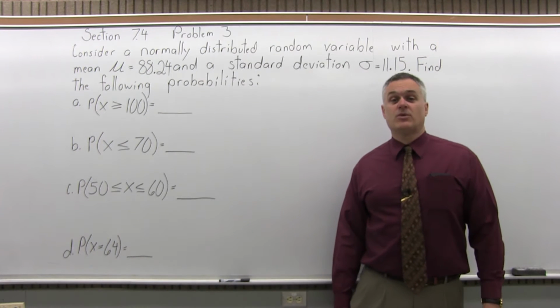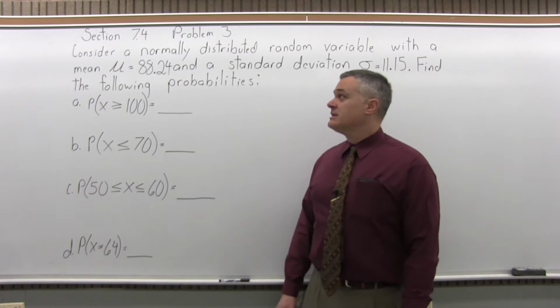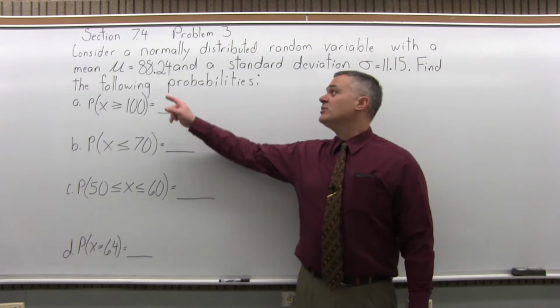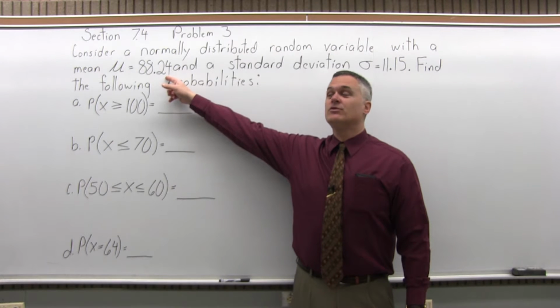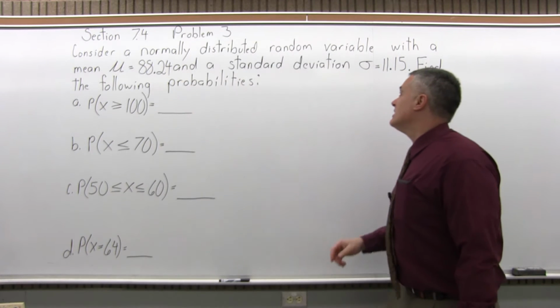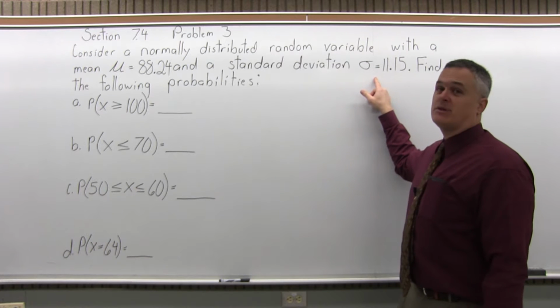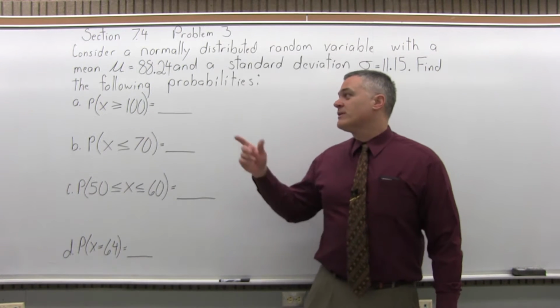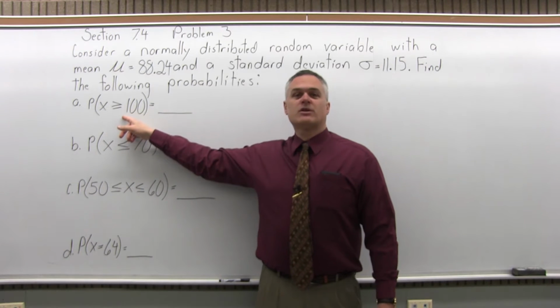This is Section 7.4, Problem number 3. It says, consider a normally distributed random variable with a mean of mu equal to 88.24 and a standard deviation of sigma equal to 11.15. Find the following probabilities. So we want to find the probability first that x is greater than or equal to